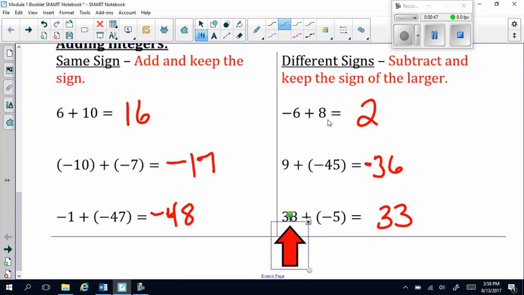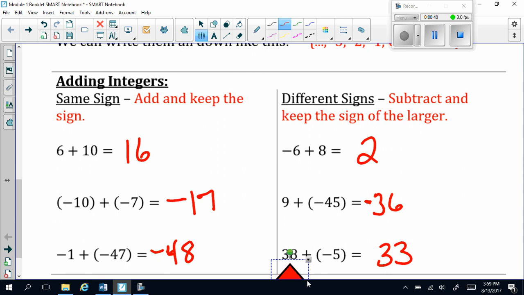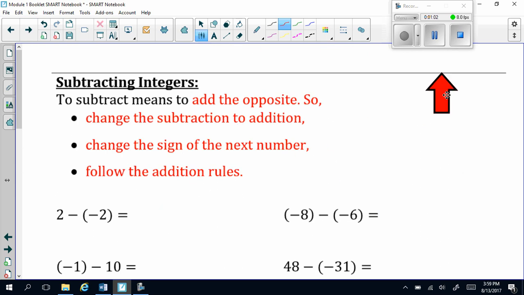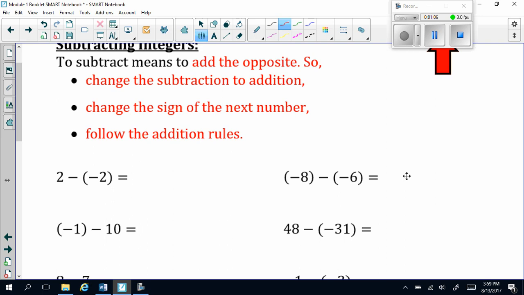So remember our addition rules: if your signs are the same, you add and keep the sign. And if your signs are different, you subtract and keep the sign of the larger. So we're going to keep coming back to these two rules as we talk subtraction. All right, so let's take a look at what I mean by change to addition and then change the sign